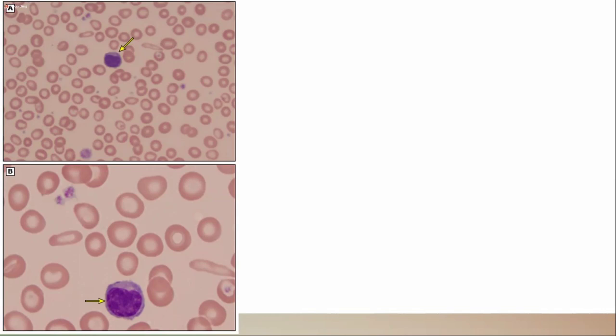Next we look at the central part of the cell. The central pallor is larger compared to a normal red blood cell. It should not be more than one third of the cell. So this is an example of hypochromic microcytic anemia. What is the diagnosis? IDA. Yes. Why? Also, we can appreciate there are pencil-shaped cells.